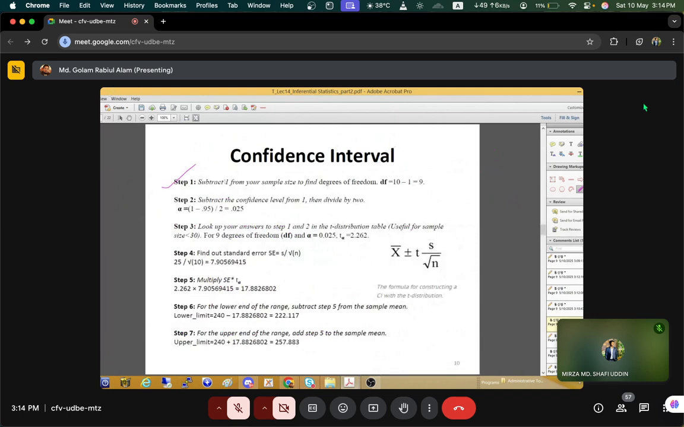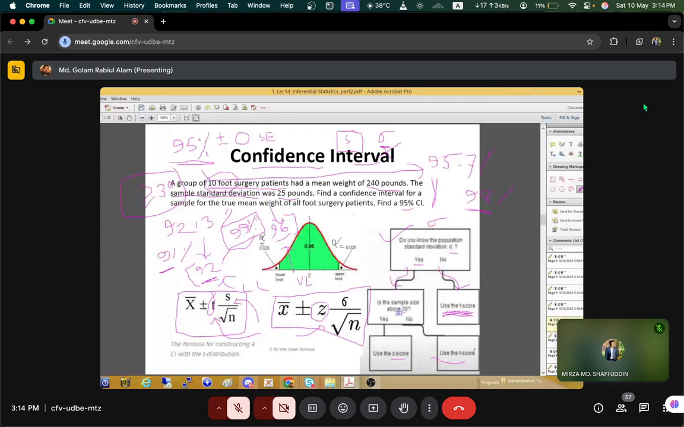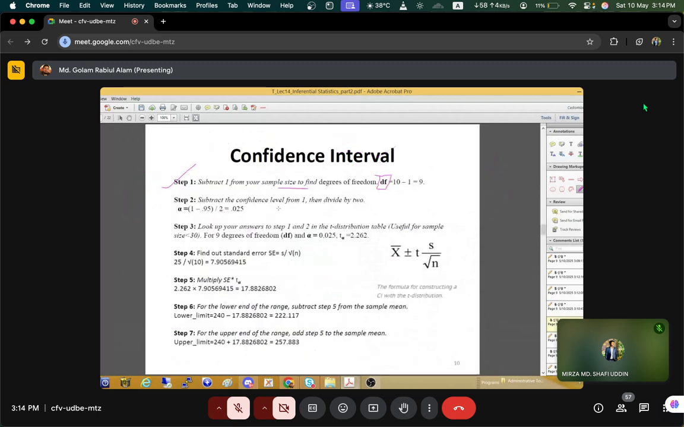The first step is to subtract 1 from the sample size to find out the degree of freedom. We have 10 foot surgery patients, so the degree of freedom will be sample size minus 1. Okay, so that is 9. Why is it called degree of freedom? Because we can see that